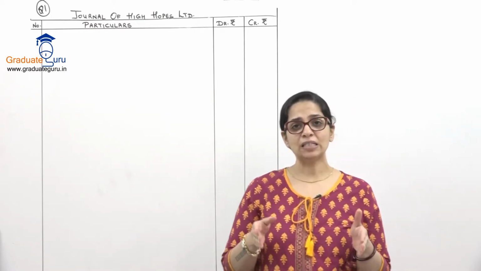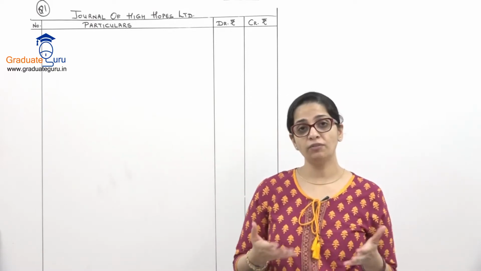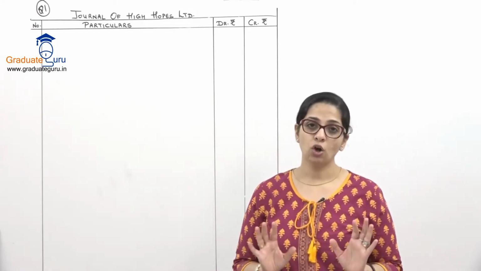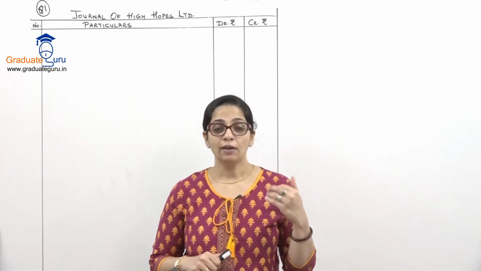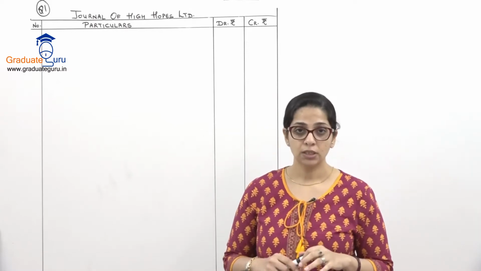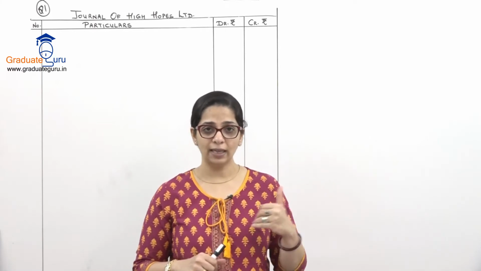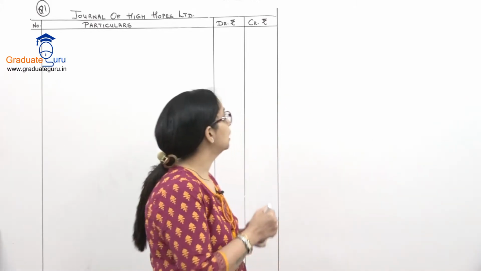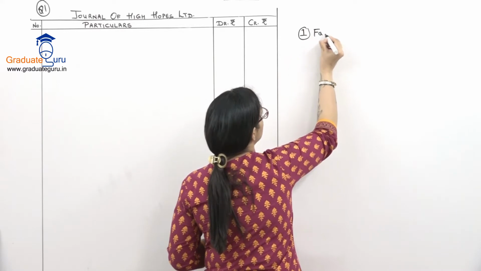So this is a very simple sum where the number of shares is given and the offer price is given, which does not even have a premium, it is just at par, and you just have to pass your journal entries. As I said last time, for every sum that we start, it will be better if we make our equations. Here there is no premium, so the premium equation will not be made. We will only prepare our equation for face value. So before we start our entries, let's keep our equations ready.